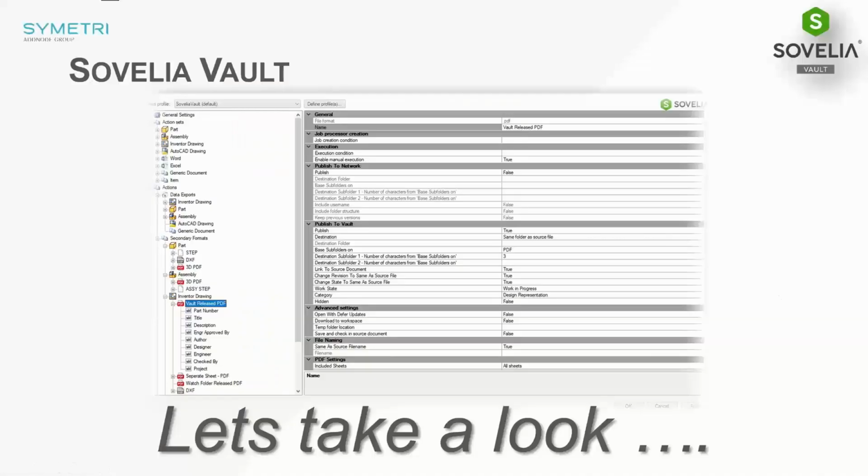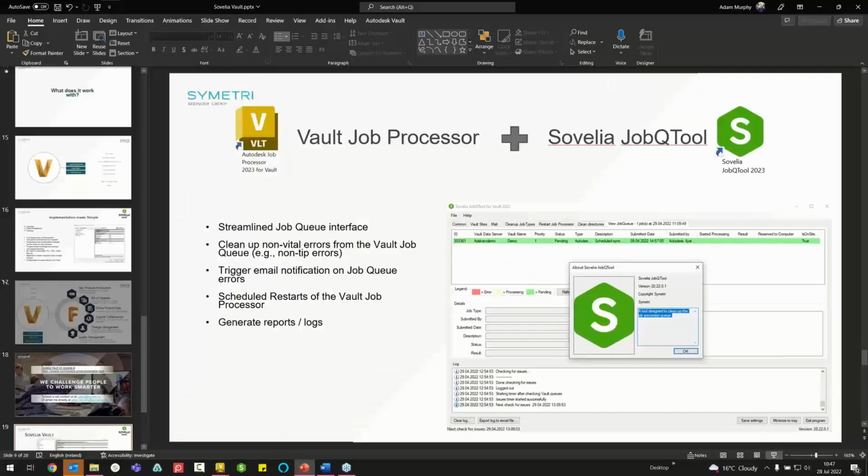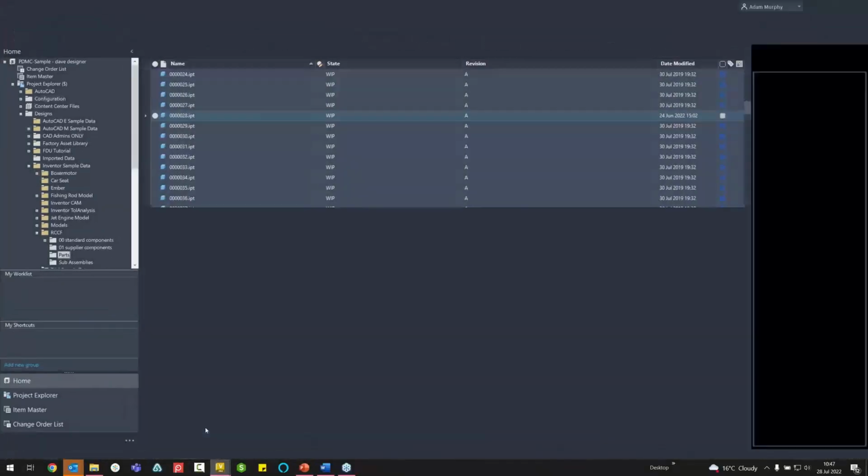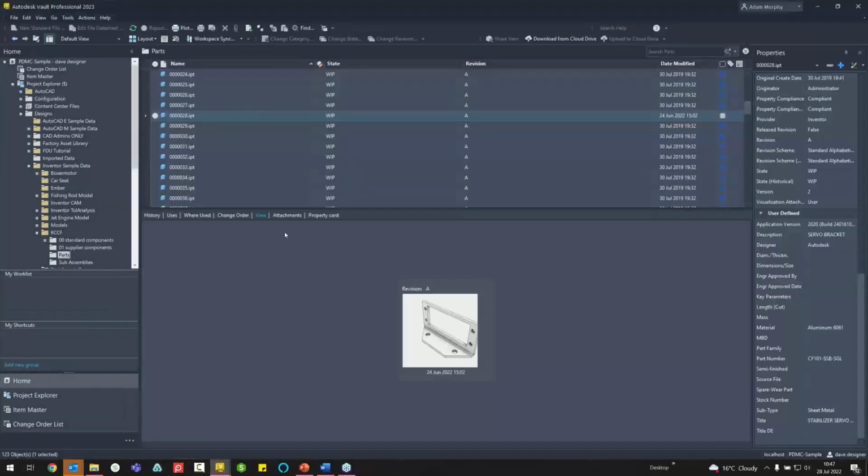Before I bring you back in for any questions we have, I just do want to actually demonstrate one more aspect of the product, and that's just some functionality occurring live and in real time. So we'll keep it fairly short, but if I take a part like this particular one, what we have is a sheet metal Inventor part. It's currently in a work in progress stage, and what I want to do is just run some of my